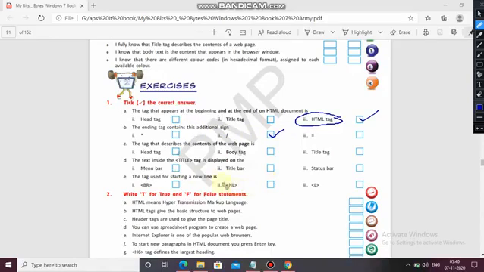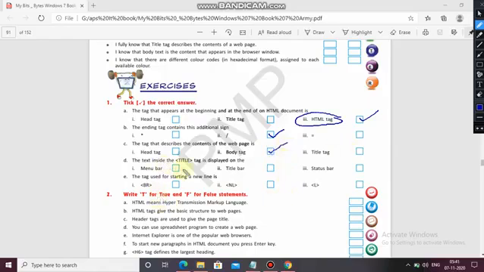Okay, the tag that describes the contents of a web page is body tag, head tag, or title tag. So the title tag describes the contents of the web page.